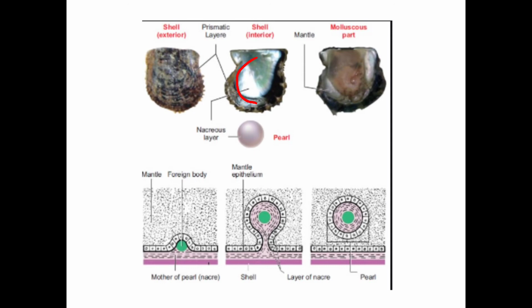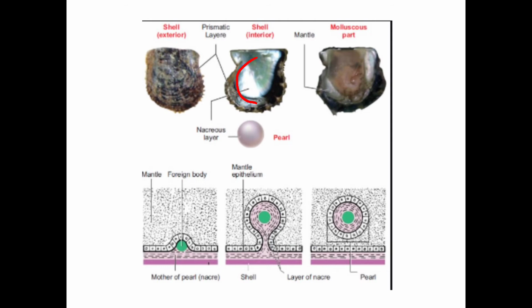Then chemically it is similar to the mother of pearl, that means the shell. It contains about 92% calcium carbonate crystals, then 4% organic substances, mainly conchiolin, and 4% water and other residues. Then the pearl is produced by specialized nacre secreting cells of the mantle epithelium. So pearl is secreted by the specialized cells of the mantle epithelium. So, pearl oyster will produce pearl.